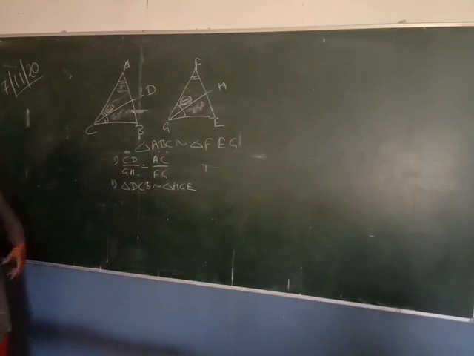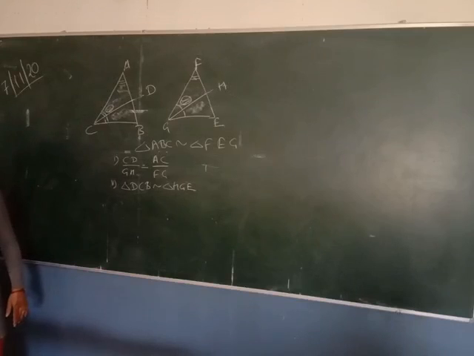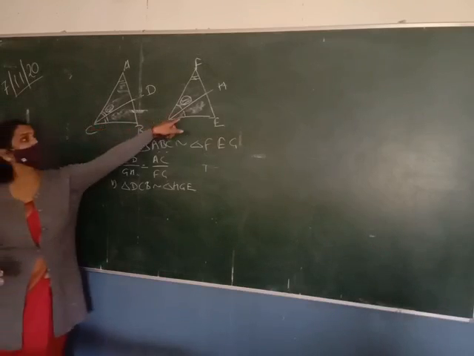Angle DCB is equal to angle HGE. DCB is equal to HG, right? We know they are similar because of the triangles. So angle B is equal to angle E. We know that angle B is equal to angle E. Okay, then angle similarity. Beta, why is this angle equal to this one?